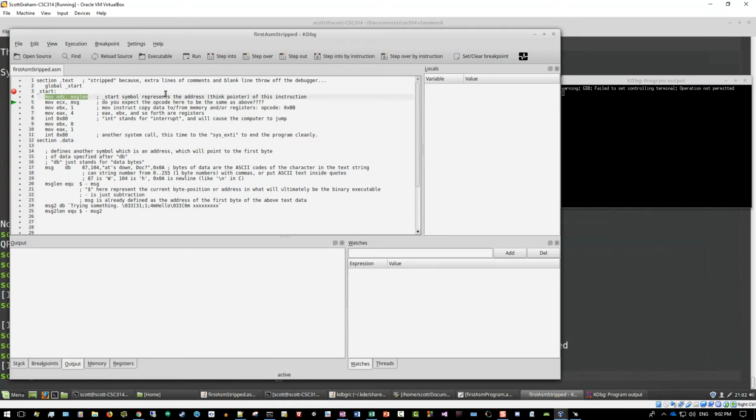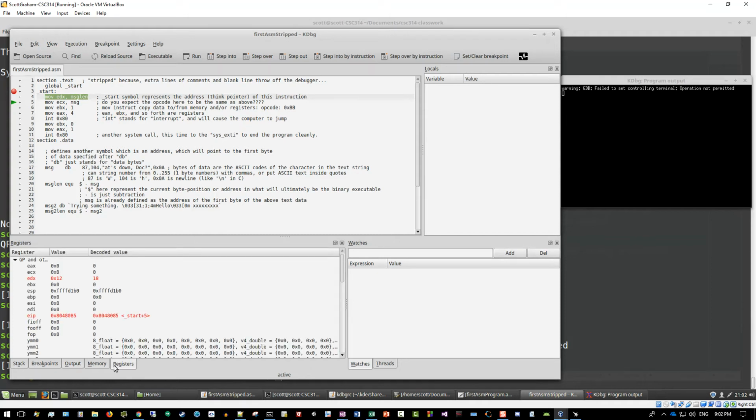Now right now, let's not worry about seeing what's happening. We're not seeing anything in output, locals, watches, anything. But let's click registers down here because there's something going on there that we can actually see. We can see that it took the hex 18, that is the value of message length. Remember, that is the length of this string, what's down doc. Okay. 18 is 24 if we put that into hex, and if we count 1, 2, 3, 4, 5, 6, 7, 8, 9, 10, 11, 12, 13, 14, 15, 16, 17, 18,